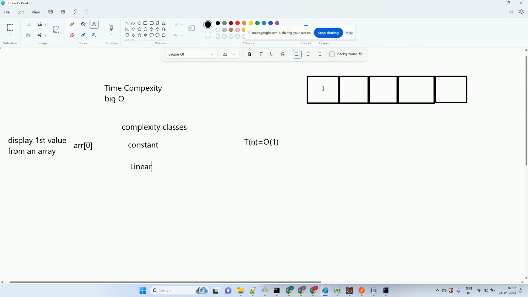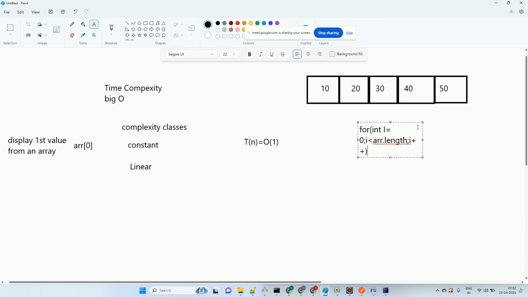If I give you an array and ask you to find the sum of the array, what is the primitive operation in finding the sum? Addition, right? So how many times will you do the addition? You will say: integer i equals 0, i less than arr dot length, i plus plus,